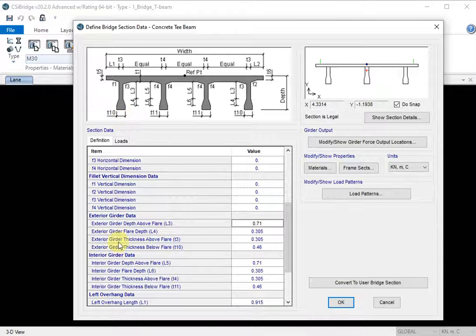According to the problem, the width of the girder we have taken is 0.3.